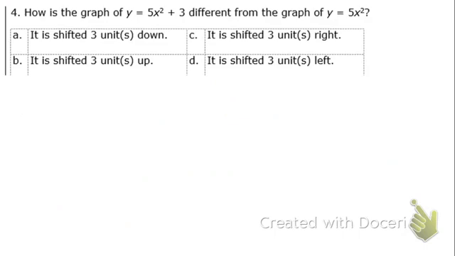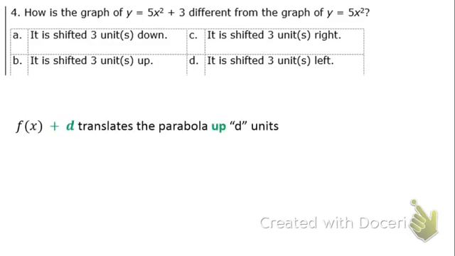How is the graph of y equals 5x squared plus 3 different from the graph of y equals 5x squared? Okay, so again, it helps that you know your rules. Hopefully you've learned that adding a number moves the parabola up d units. So in this case, we can eliminate C and D because they say right and left. And of course, the correct answer, how is it different from the graph of 5x squared, is that it went